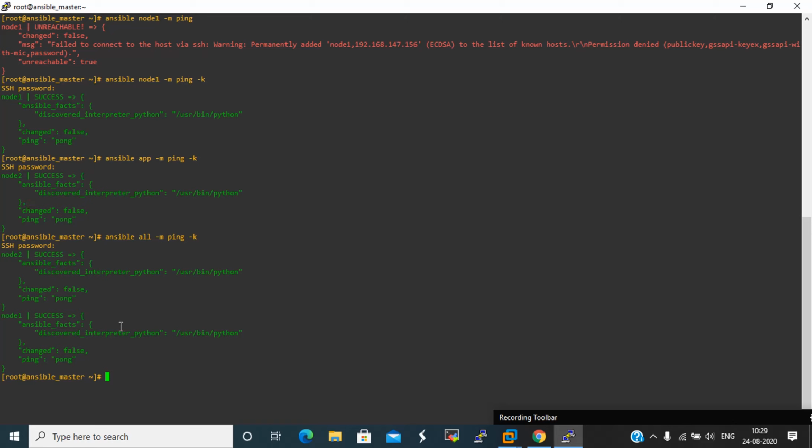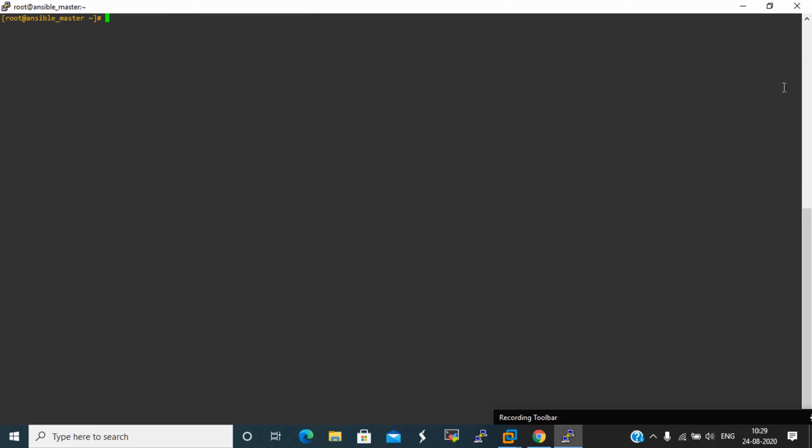Currently there are only two servers. If there are 100 or 1000 servers, it will ping all the servers and give you the output. Currently, we have to mention the password for each and every command.